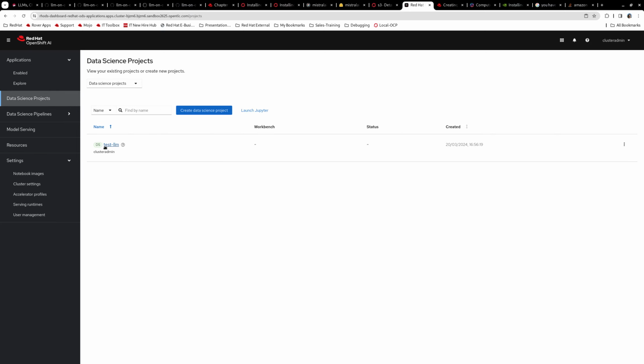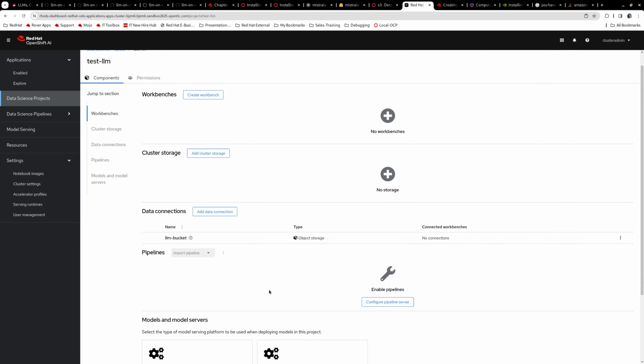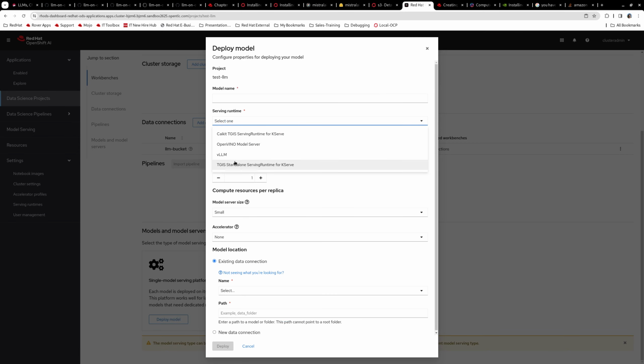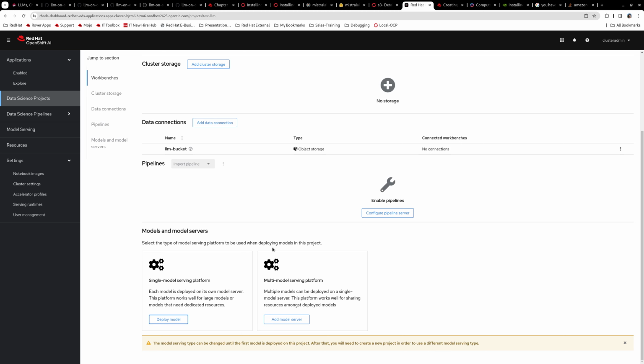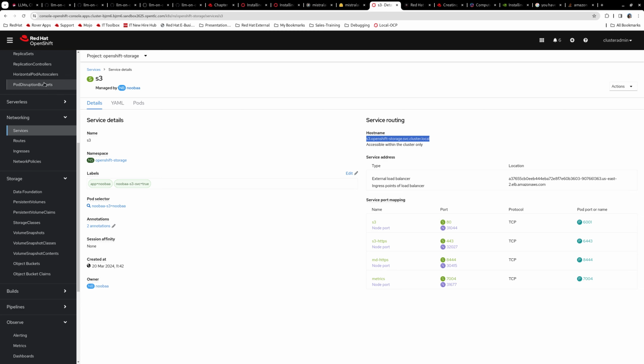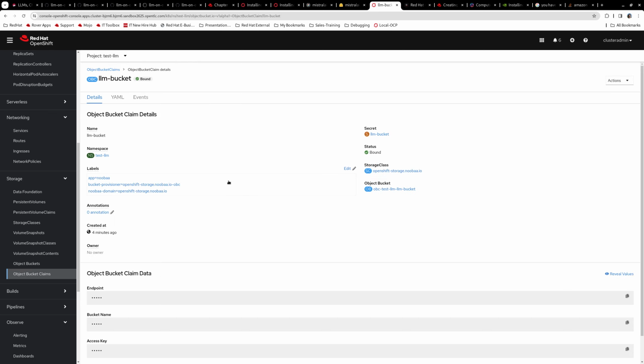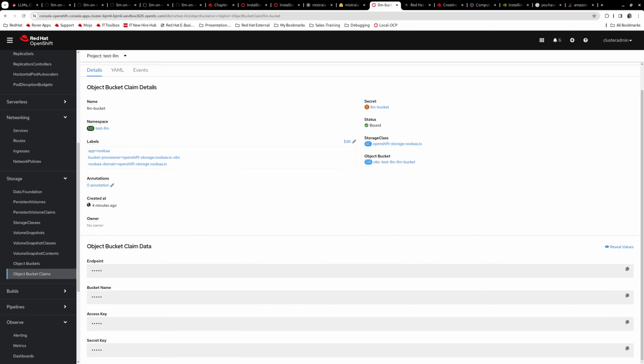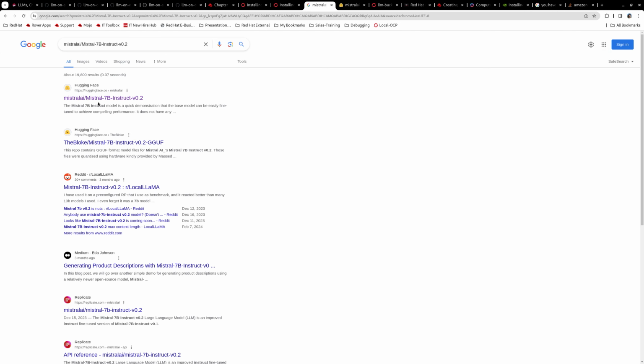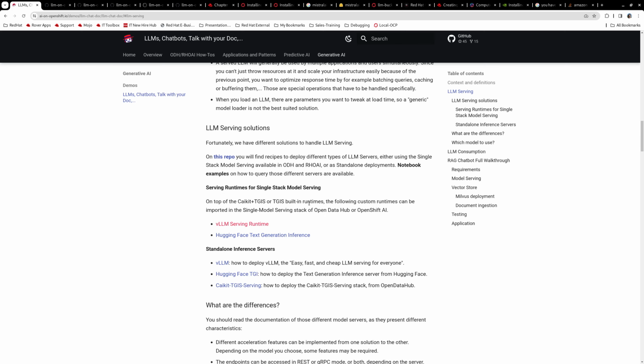So now when we go back to our data science project, when we want to deploy the model, we also have this version available. But first, as I said earlier, we need to upload our model to this bucket that we created in the test LLM project. Before you upload the model, first you need to grab it. So if you Google the Mistral 7B Instruct v0.2 model as instructed in here,